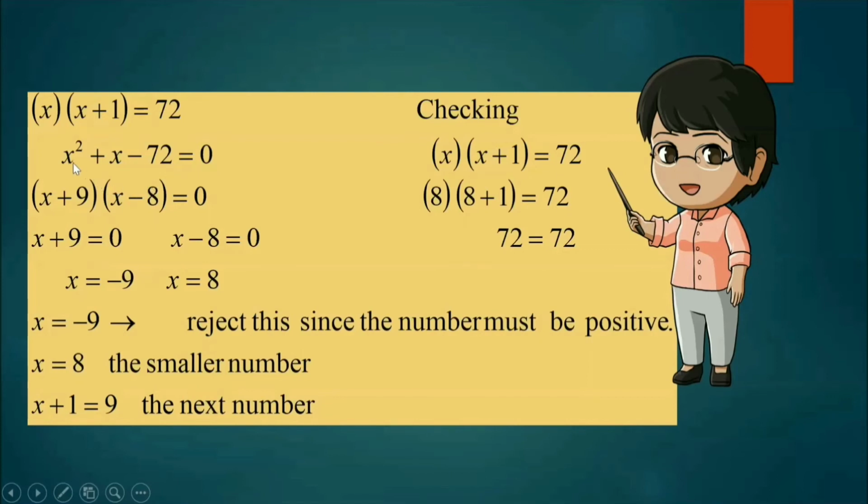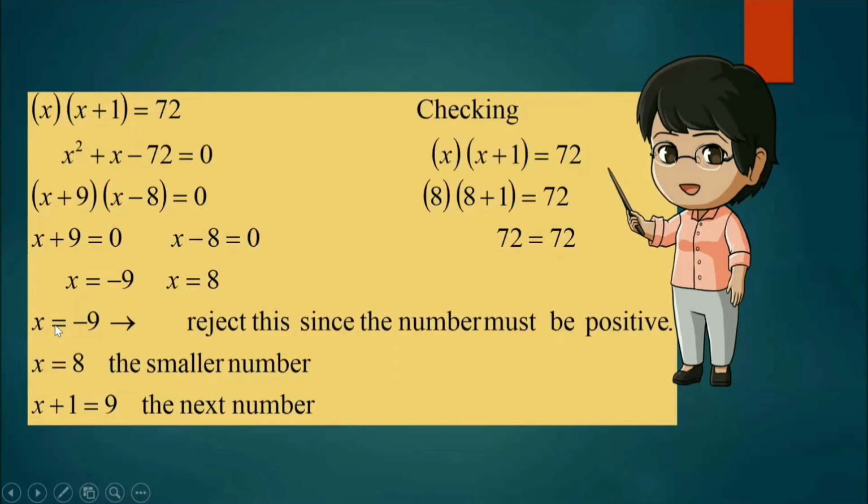Factoring this expression, we have x plus 9 times x minus 8 equals 0. And we equate both factors to 0. We have x plus 9 equals 0 or x minus 8 equals 0. This gives us x equals negative 9 and x is equal to 8. But we reject x equals negative 9 because the unknown number must be positive, and we accept x is equal